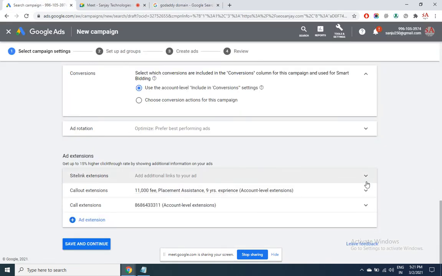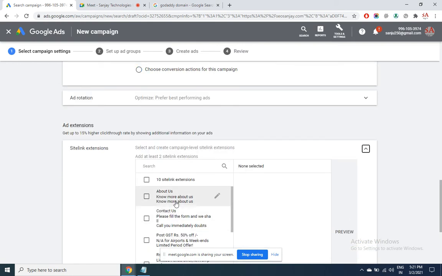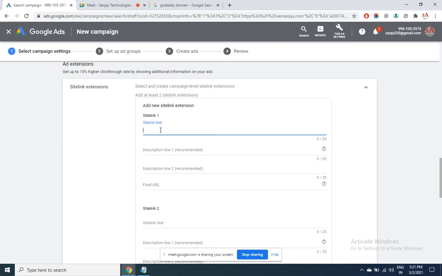Beginning with site link, you just have to click on this arrow. These are all the extensions which I have created before. Let me add another one, a new site link extension. Let's say that I want to show about the new quotes algo trading.